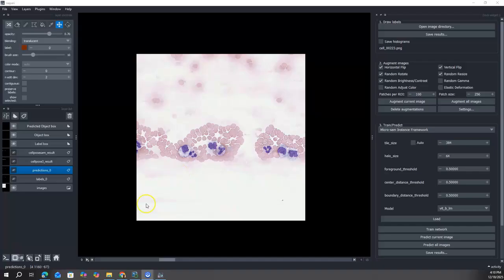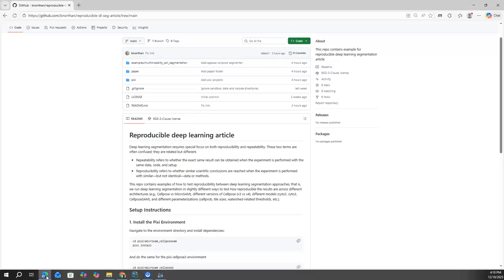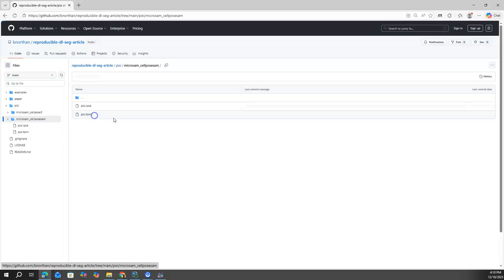Okay, so to summarize, I think these combinations of technologies are so powerful together. So what did we see today? We saw Pixi, which we used to create an environment and start up Napari with a plugin and some images loaded.